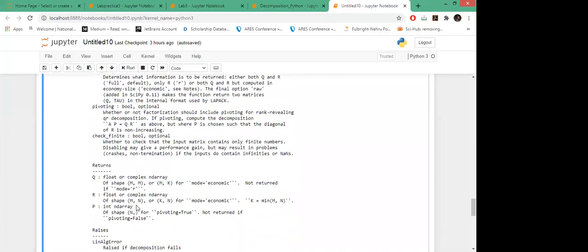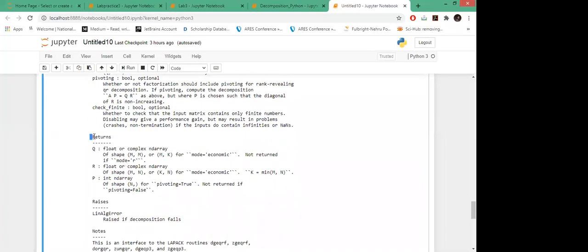Then you can also see what values it returns. Here I'm storing this Q and R. It returns the Q matrix of shape M by M or M by N, so based on the mode the size will differ. For that you need to go to the theoretical part of how this works, but you can implement it. Then we have the R matrix, and then P with this array.